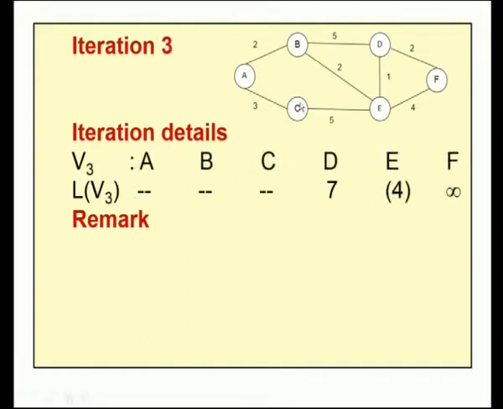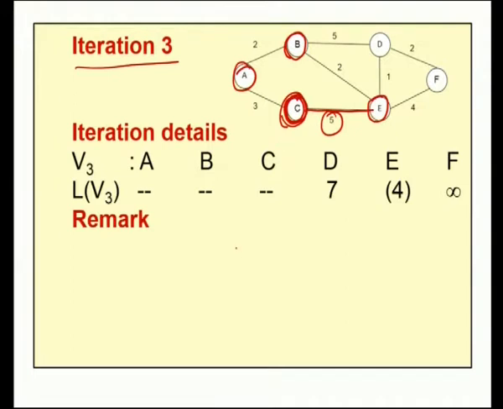So, in iteration 3, now our position is node C. So, in the 0th iteration, we select the node A. In first iteration, we select node B. In second iteration, we choose node C. In the next iteration, that is in iteration 3, we have to select all the nodes which are adjacent to the node C. Now, for node C, the adjacent node is node E, because it is connected by a single edge which has a distance 5.